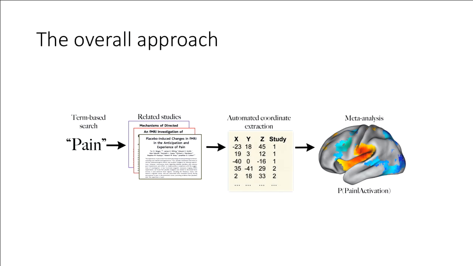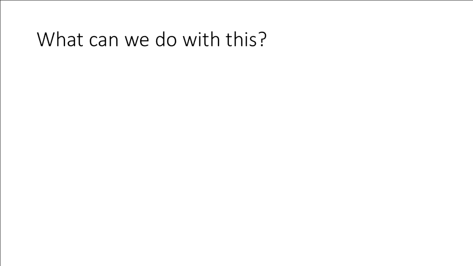So just like everything you've seen to this point, you have this spreadsheet that contains activation data about lots of studies. And the only difference between this approach and what you saw is that the data quality here is horrendous in comparison. But there's potentially a lot more of it, because all you had to do was a quick search. And at that point, of course, you can submit this to any kind of meta-analysis you want. So any of the algorithms you heard about today, or potentially others, you can take this data and feed them in. And the question really then just is how good is the data, right? Because we know that the extraction procedure is not very good. What kind of results come out of this?